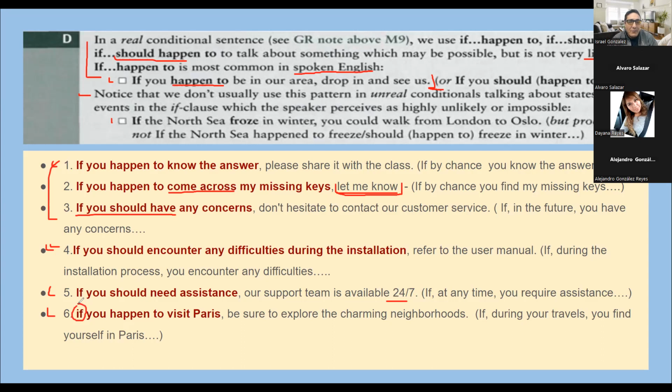So this is very common, well, when happening in conversations. If you happen to come to my house, join the party. If you happen to have time today, come to the party with me. I am inviting you to do something. But the sentences with should, as we said, are more formally used in maybe reports or in some instructions